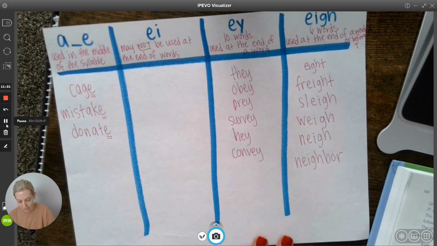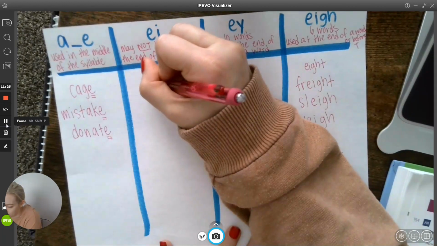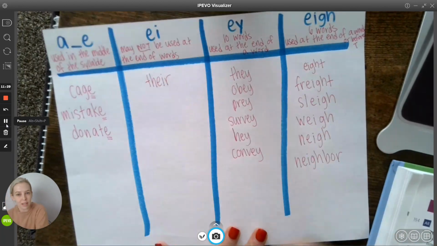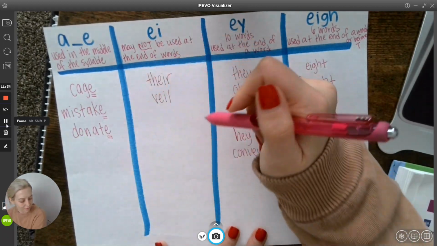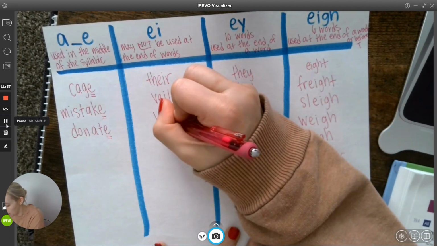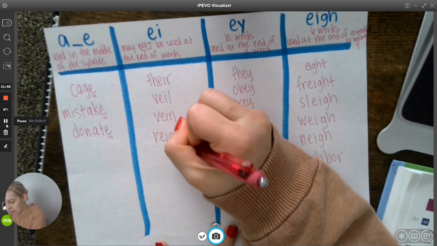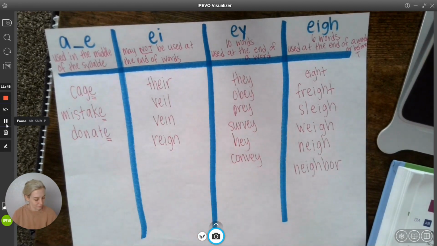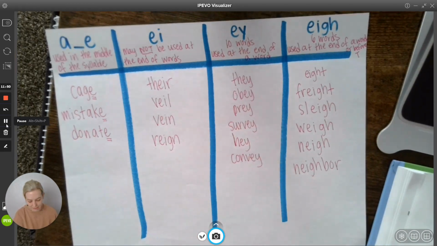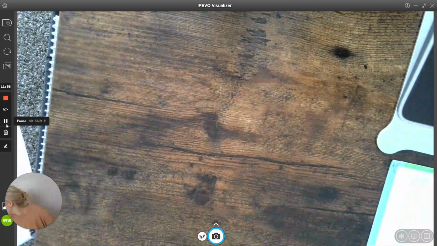All right? We have the word there. Remember, that's possessive there. Veil, like a bride's veil. Vain. And rain. This is like a queen's reign. Or a king's reign, I guess. All right, great job. Go ahead and put that paper away and get out your workbook